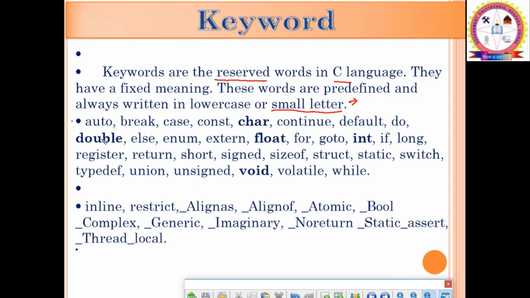These are the 32 keywords, and these are provided by the ANSI standard. We have already studied the different standards of the standardization of C language. So these 32 keywords are provided by ANSI standards,